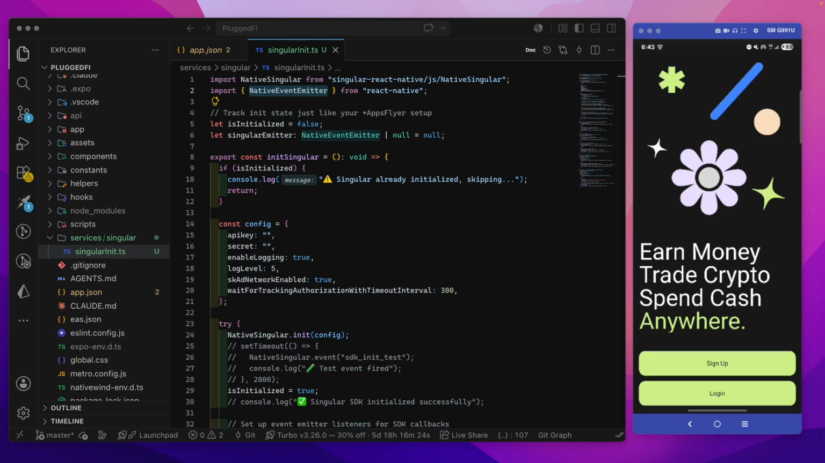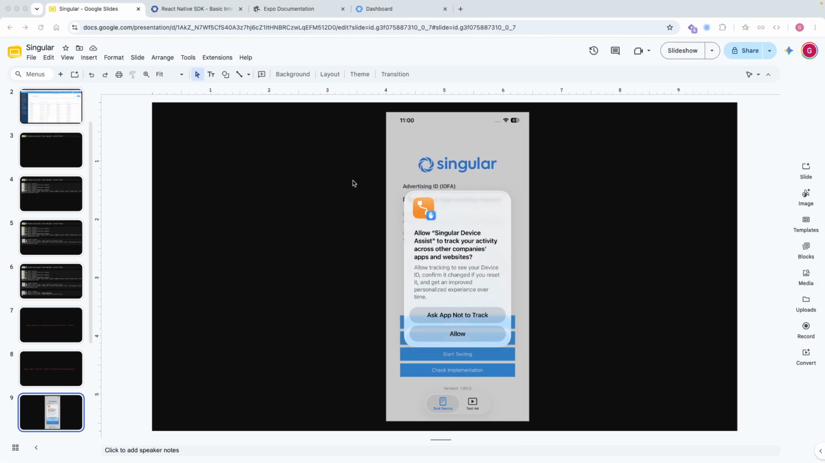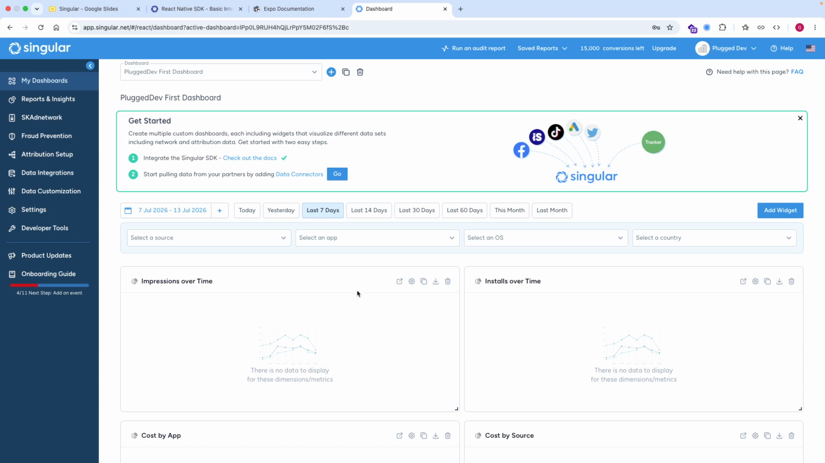The native event emitter listens to your app and sends data to the SDK, and sends data from the SDK to the app, vice versa. It basically communicates between your app and the SDK. It's basic. Now, if you have created a Singular account,